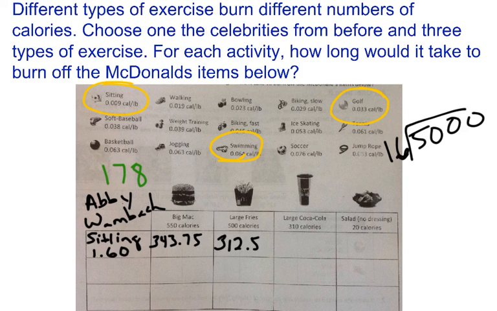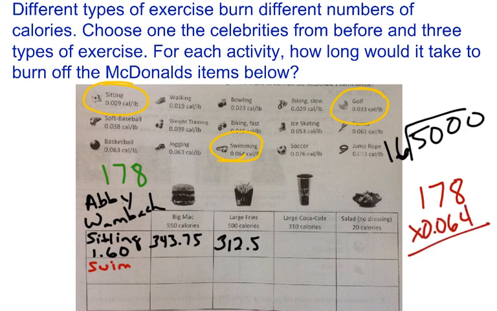So I would say maybe swimming. So swimming, we would burn 6,400. So I would multiply 178 times 64 hundredths. 8 times 4, 7 times 4 plus 3,